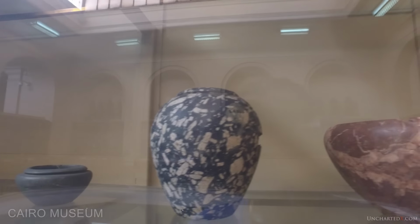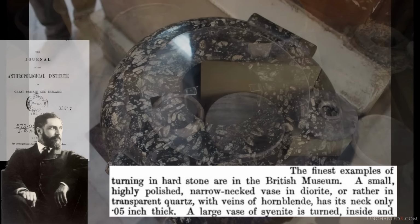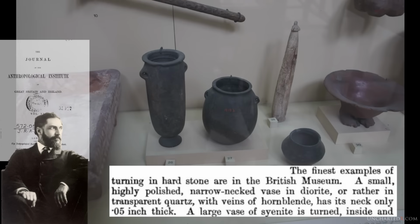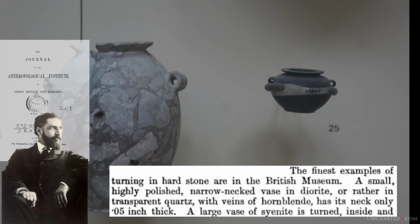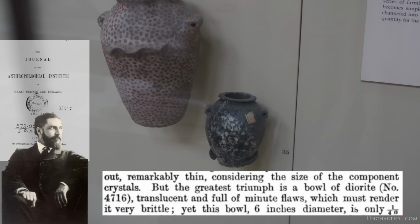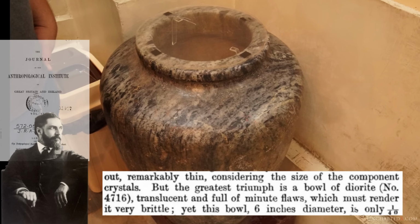Quoting Flinders Petrie from his article in the 1884 Journal of the Anthropological Institute of Great Britain and Ireland, quote, "The finest examples of turning in hard stone are in the British Museum. A small, highly polished, narrow-necked vase in diorite, or rather in transparent quartz, with veins of hornblende, has its neck only 0.05 inches thick. A large vase of syenite is turned, inside and out, remarkably thin considering the size of the component crystals. But the greatest triumph is a bowl of diorite, number 4716, translucent and full of minute flaws,